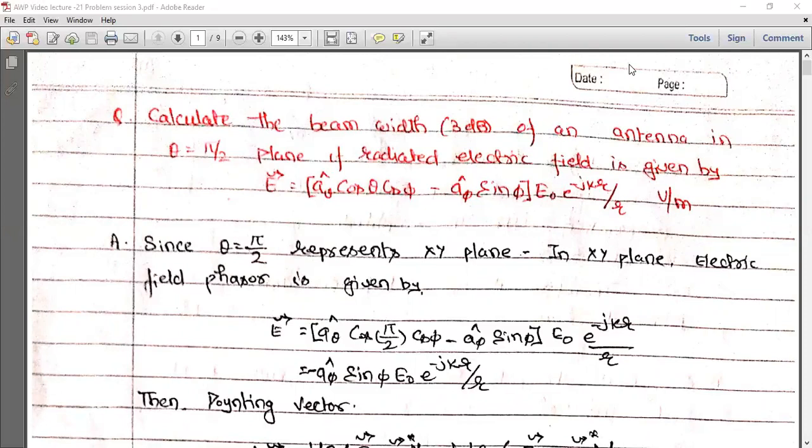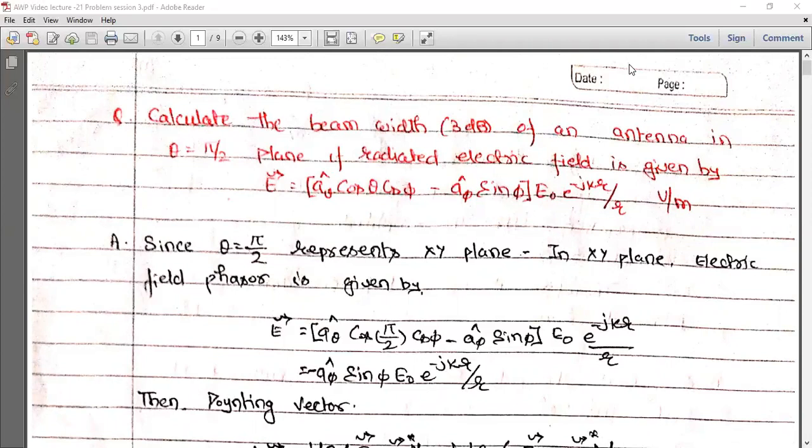So for any directional antenna we have a major lobe, and this major lobe is radiated by the antenna in a particular direction. A major lobe is one in which maximum of the power is radiated, and obviously there will be a direction in which maximum power is going to be radiated. Now, suppose the antenna is radiating maximum power along theta equals to pi by 2 direction in a given plane, then